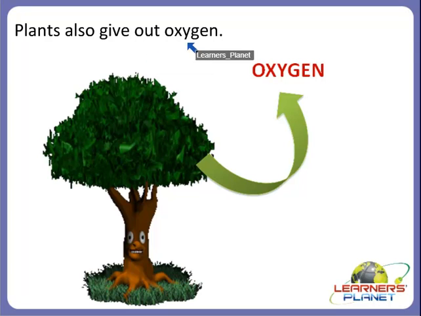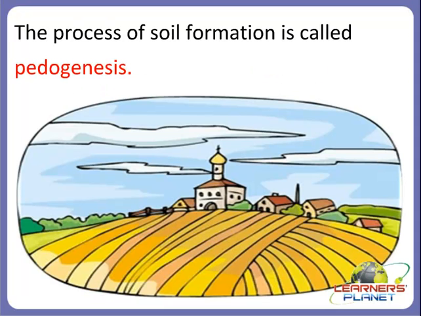And plants also give out oxygen gas, right? So why is it giving out oxygen gas? What is it important for? Yes, plants give out oxygen, and this oxygen is very important for human beings and all other living beings. So children, we need oxygen to breathe, and plants give out oxygen which we need to breathe.